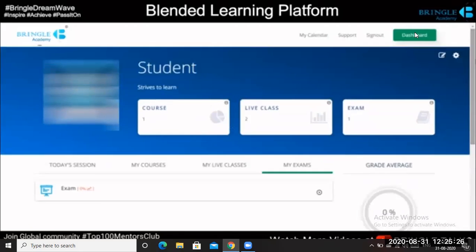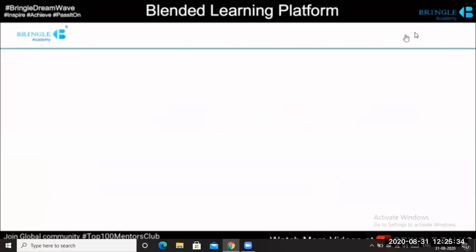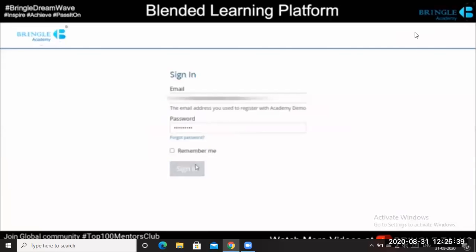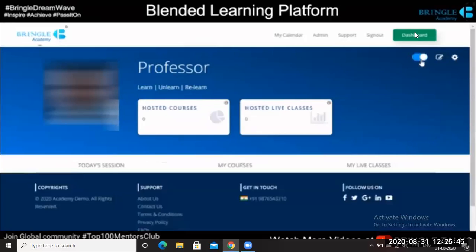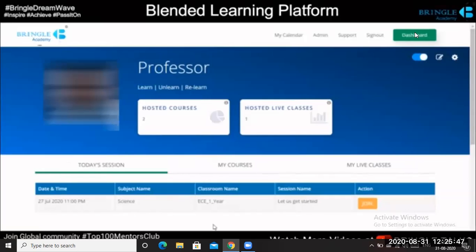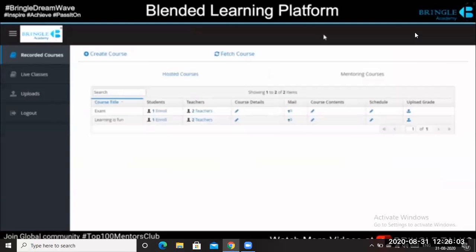So it's a very simplistic platform from an admin standpoint. From a teacher standpoint, it's also going to be very, very simple. Quickly, I'll just spend a minute to walk you through that. Now, let me play the role of a teacher here. As soon as I log in, I get the teacher credentials. There is a teacher mode that is enabled. If I enable the teacher mode, I'll have a list of live classes that I need to start and teach. If you're a teacher, you will see an admin panel here, and I click there.